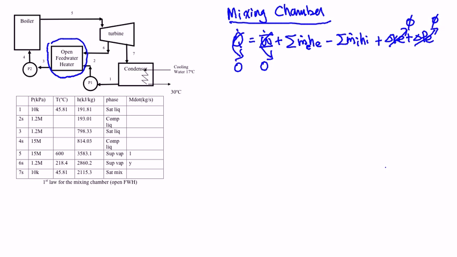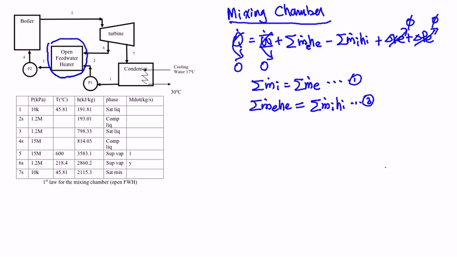The conservation of mass for the open chamber is such that mass in is equal to mass out. And this is something that we have done during the first slide when we took care of the mass flow rate. But this is just for your information. So you have the two governing equations where the inlet and the outlet mass and enthalpies must be conserved.